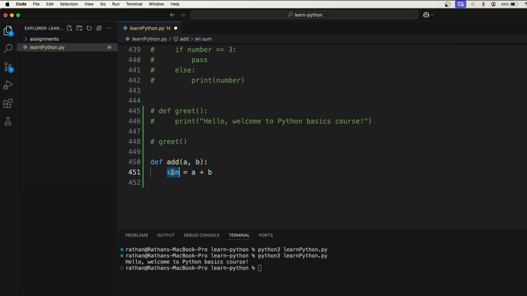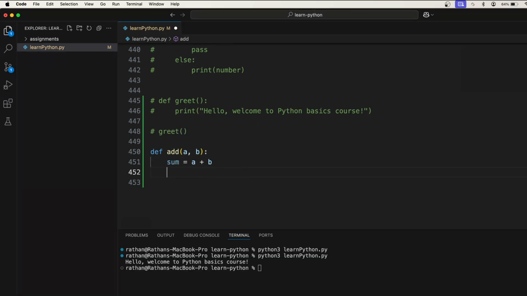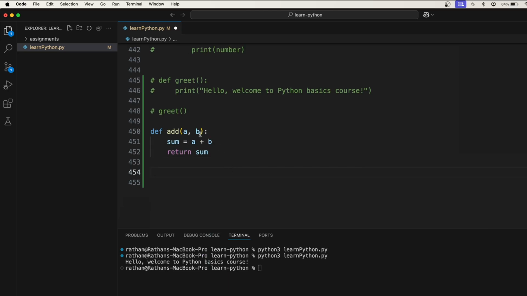inside a variable called sum. And each function should return something, right? It makes the calculation and gives something as a result. That's what we call return. Return what? Return the result. Here, what is the result? The result is nothing but the sum, right? Now you might be wondering what a and b are here and which numbers it is going to calculate, right? So this one is the parameters and this is the return value,